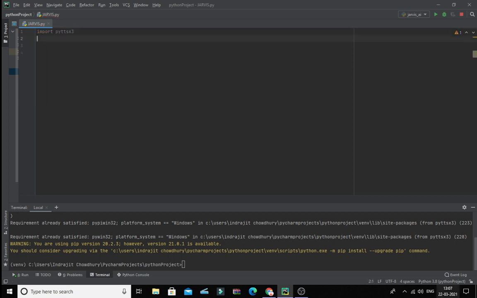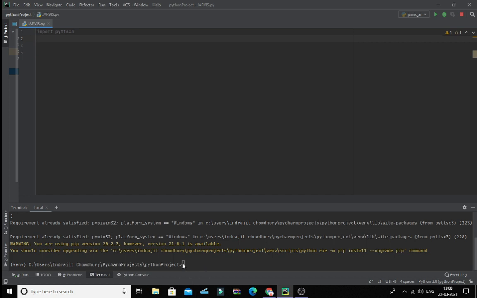After importing pyttsx3, I am going to install another package which will help me capture the audio from the user. This package is known as speech recognition. This helps in recognizing the speech which the user is giving to the computer.